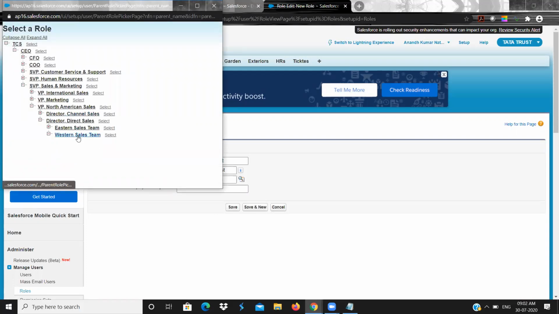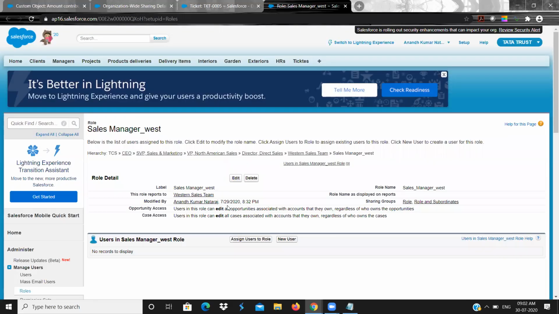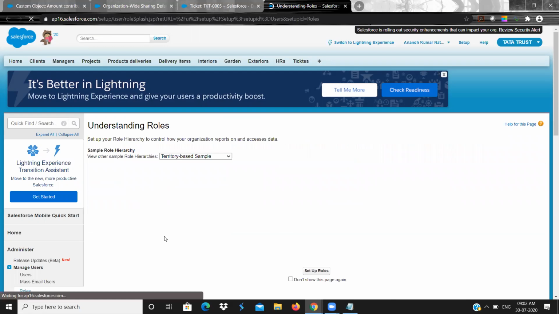Right now I selected this one, so that is highlighting here. If you want, you can select whom you want to report. Fine. This one, no need to worry. You can just leave it and click on save. So now you created one role. That role is a manager role. Again, go to the role.